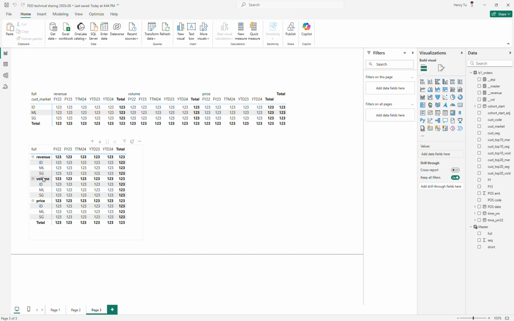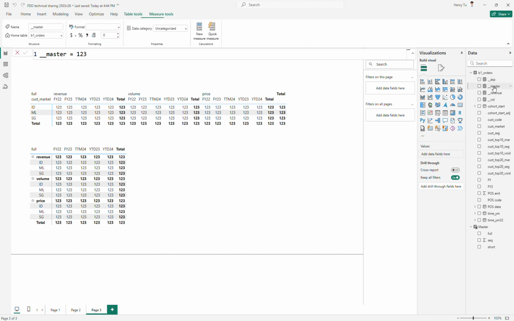So you can see the revenue, volume, and then price, revenue, volume, and price. Okay, now I think the structure is okay already. I will go to the master here and then I will fix one by one. Okay, so I switch